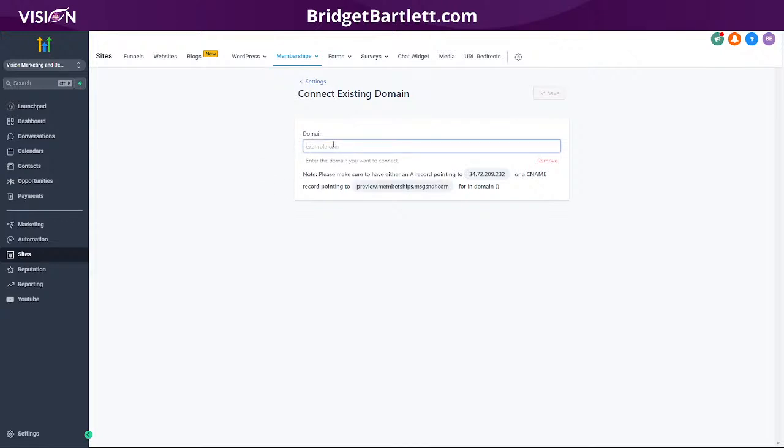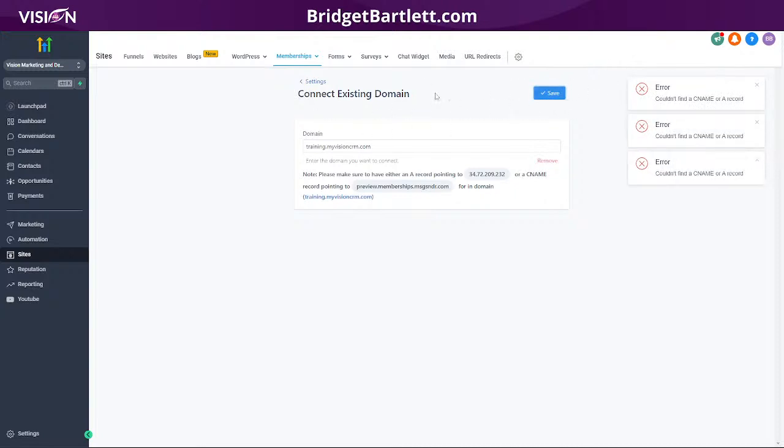Okay, so if we do training.myvisioncrm.com and then save, of course, it's not recognizing it yet, but once we save, then everything will propagate. Okay, so that is really the gist of how you want to get your HighLevel account set up. Okay, so that is all of the domains and all of the CNAMEs except for